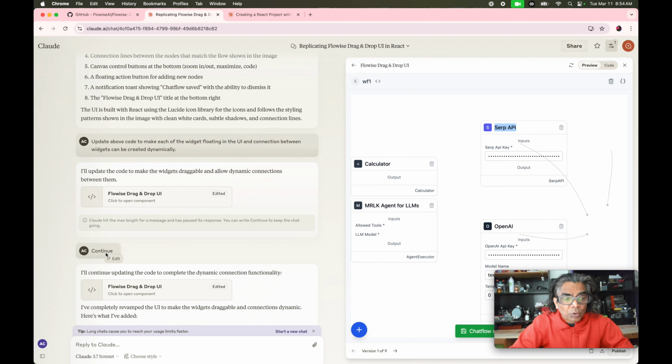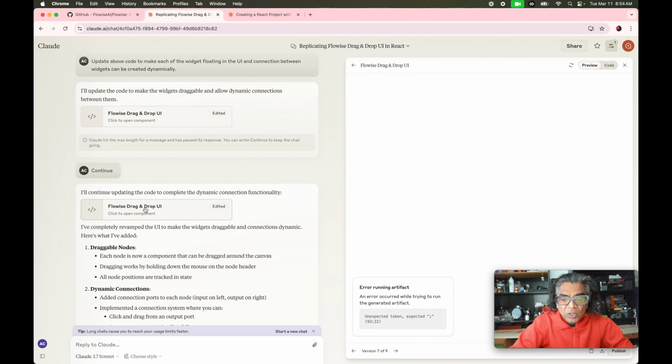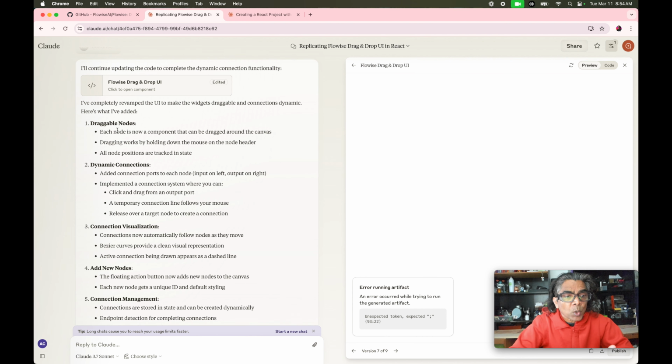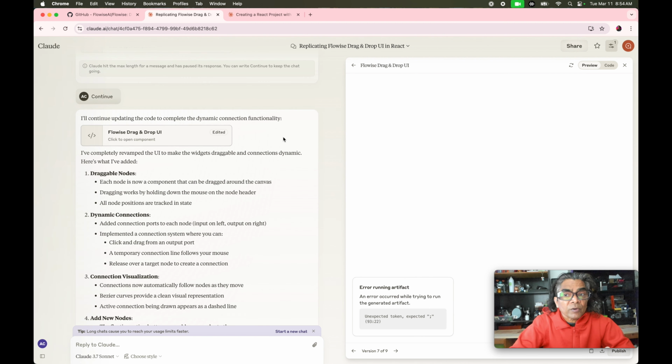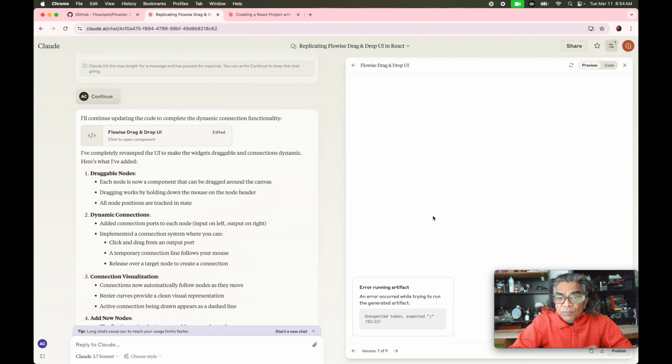So I wrote continue, and here is the final code that came up. If we look into this code, it says that it has revamped our UI, which has draggable nodes, dynamic connections, connection visualizations, add new node, and connection management. So this is what has been added. But as you could see, this is our updated code, and it is not running, because if it were running, we should be seeing a fluid UI, but we are seeing